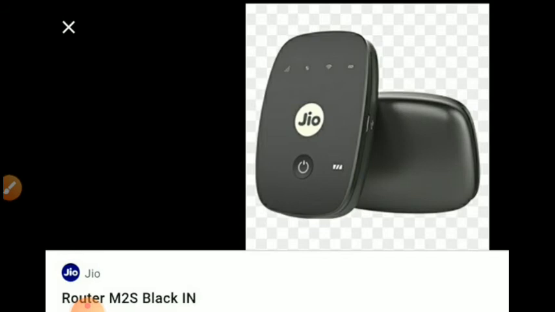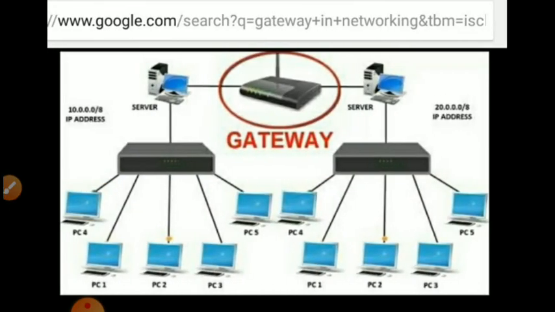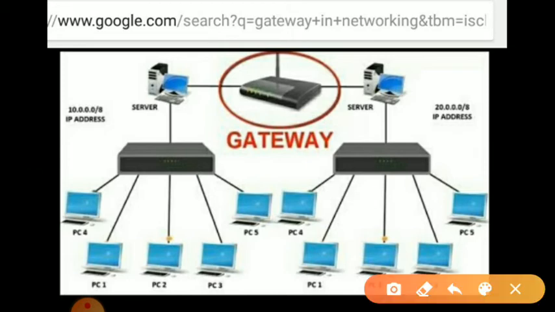A router is different from the bridge in that the former uses logical addresses and the latter uses physical addresses. Now next is the gateway. Okay, this is a gateway device. A gateway is a network device that connects dissimilar networks.